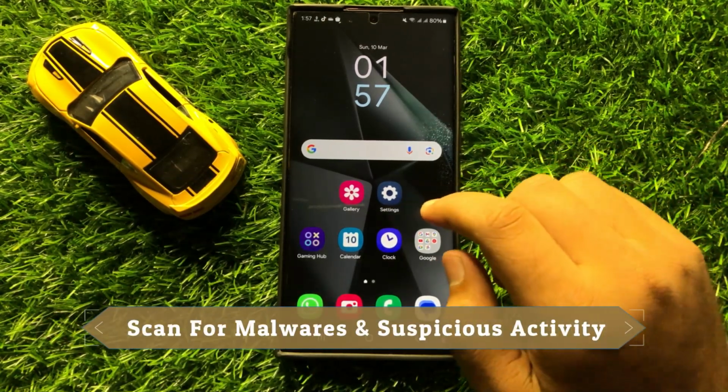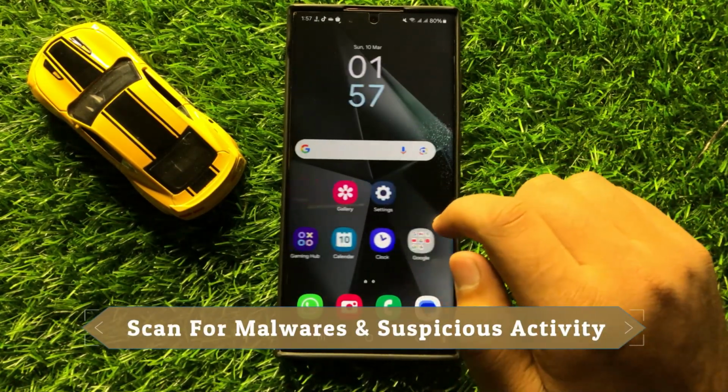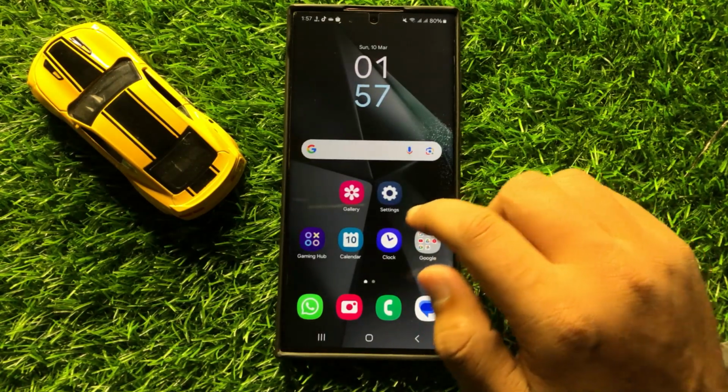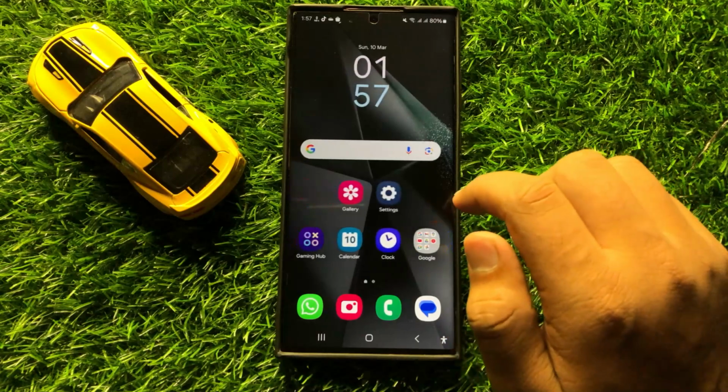Hello everyone, in this video I will show you how to scan for malware and suspicious activity in Samsung Galaxy